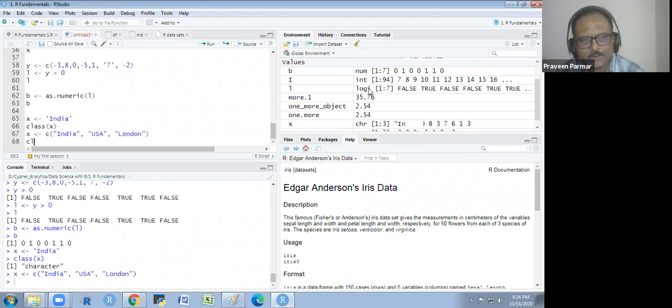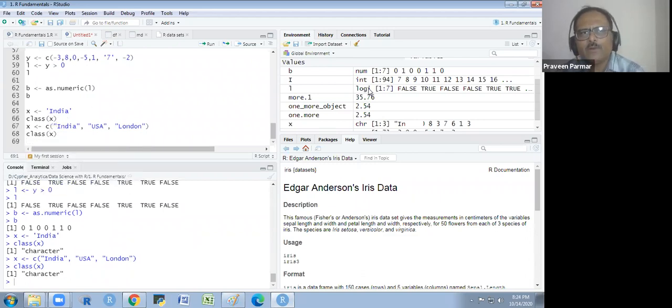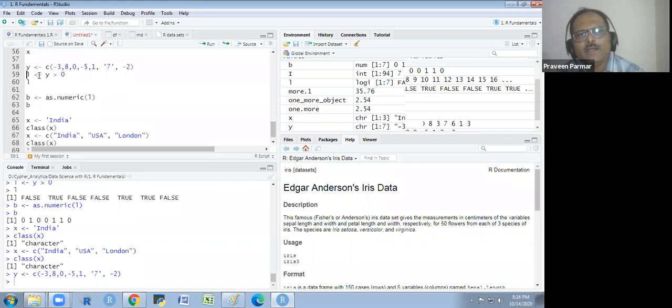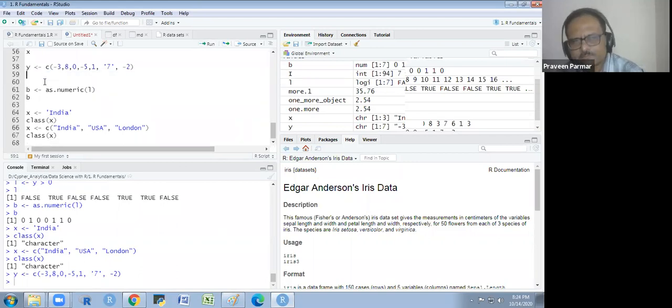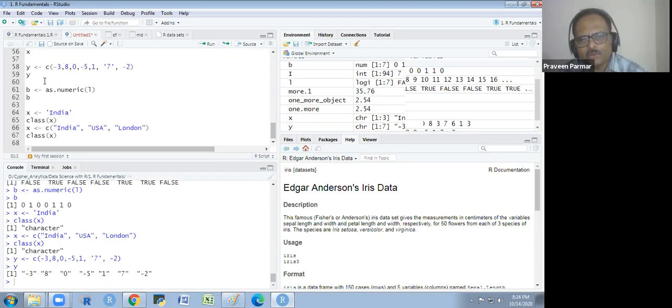So the class would be character. Now what I am doing, I could not convert them to numeric. But here I have a numeric vector, but one number I have written in quotes. And I run this. And then I see Y. So you see every number is in quotes.